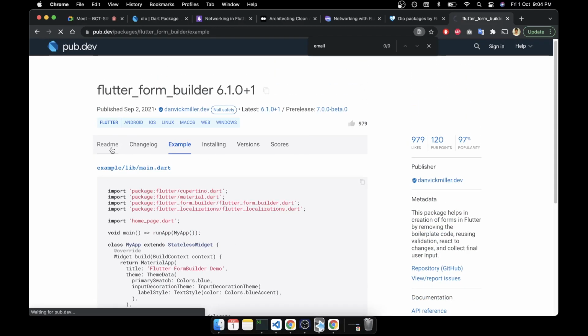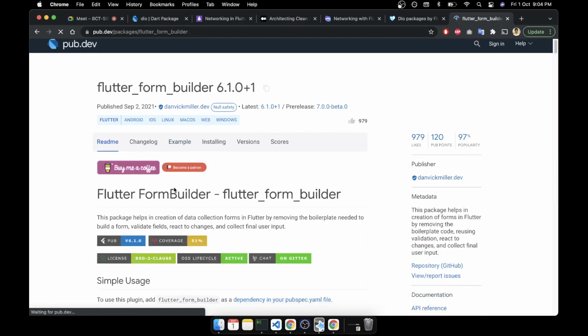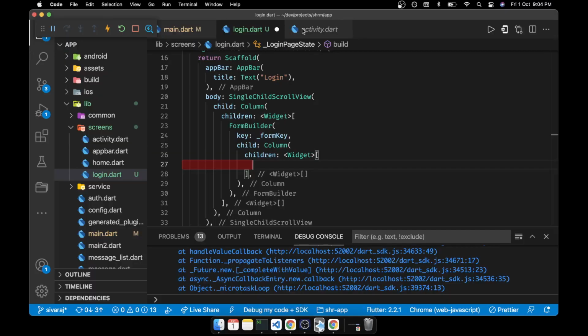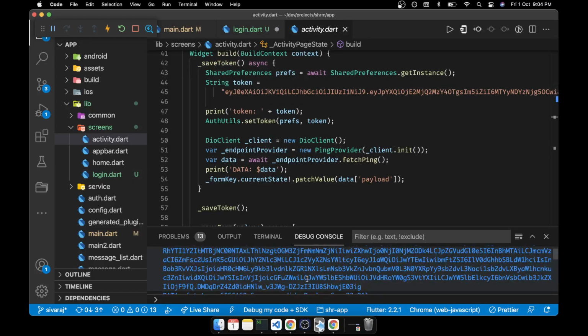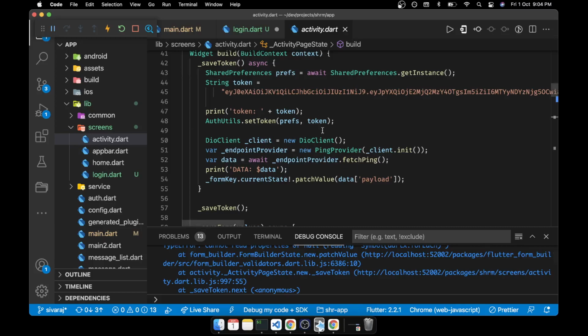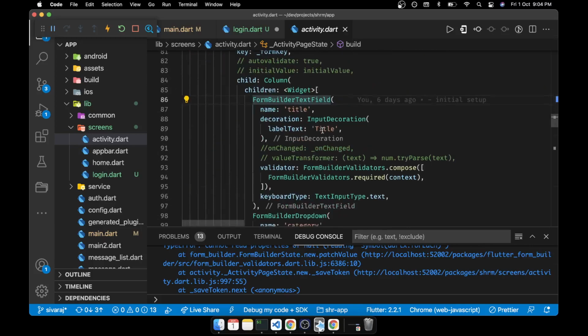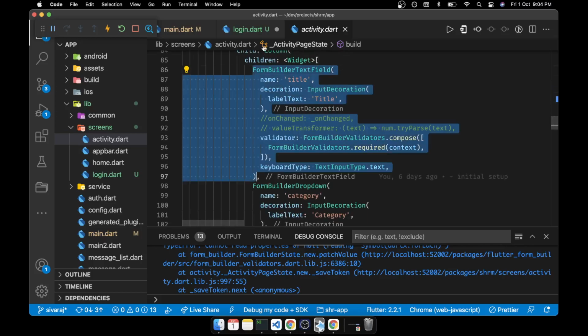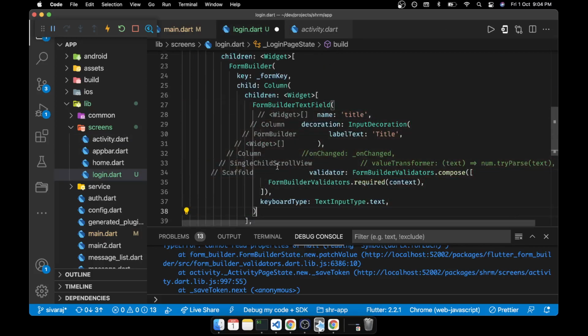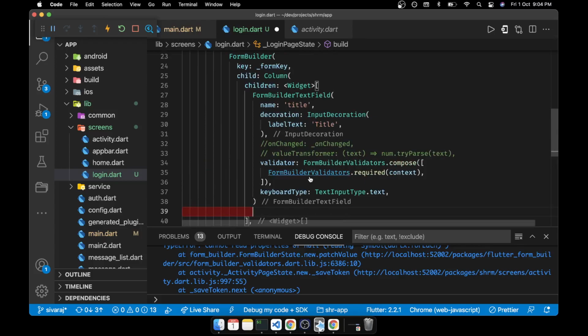Seems like okay. So maybe we can go to our activity itself and copy some data. From that we'll take the text field one. What other thing will we need?